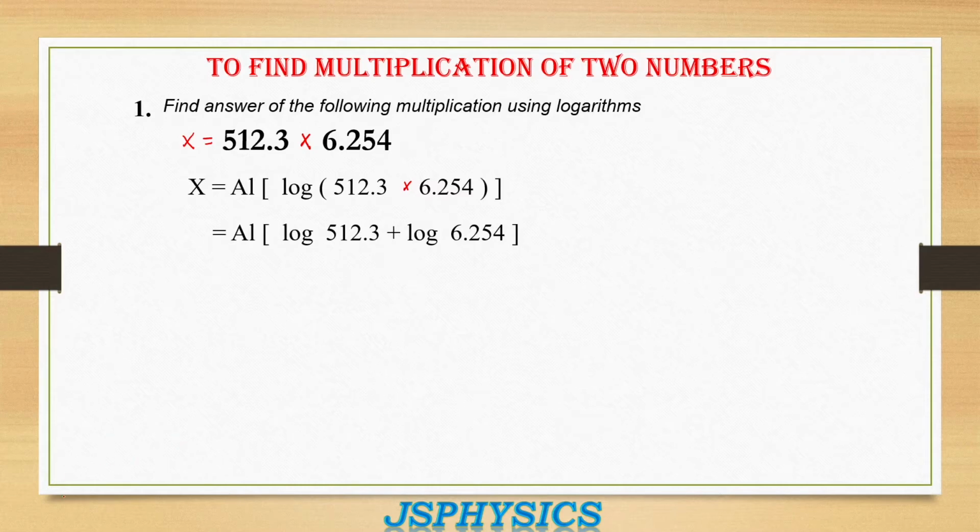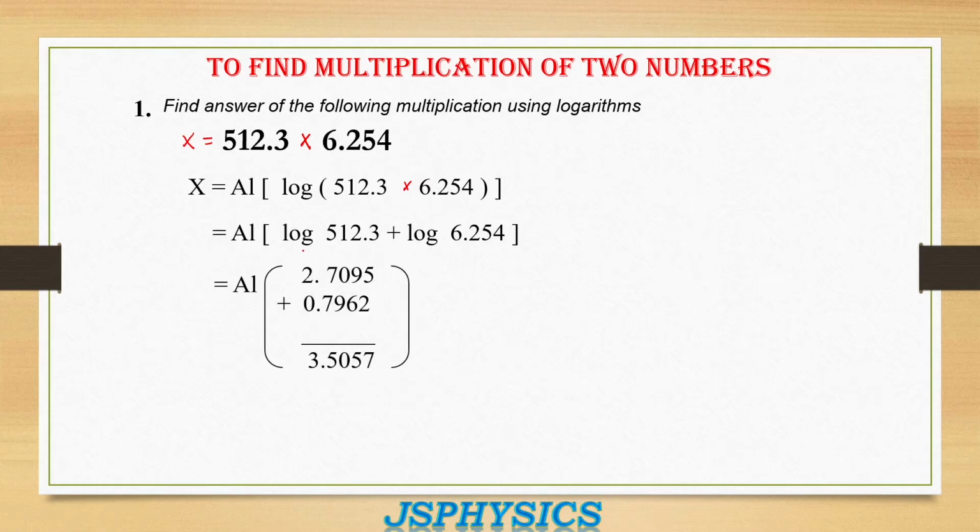Now we know how to find the log of a given number, as we have seen that in the previous video. So let us apply that logic. To find the log of 512.3, what we have to do? We have to divide this number into three groups: 51, 2 and 3. Then, it is better if you open the logarithmic tables. In the logarithmic tables, in the row of 51, under the column of 2, we have to see what number is written. So this number we have to find out. And in the mean difference column of 3, again we have to find what number is written.